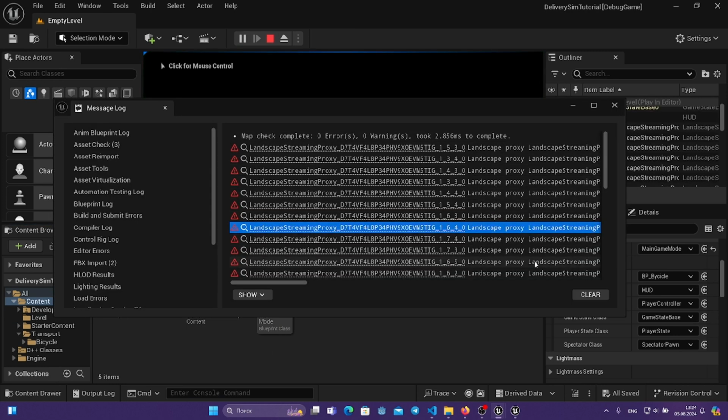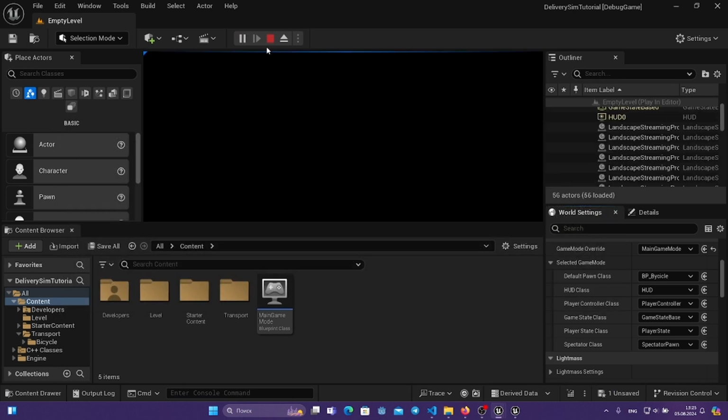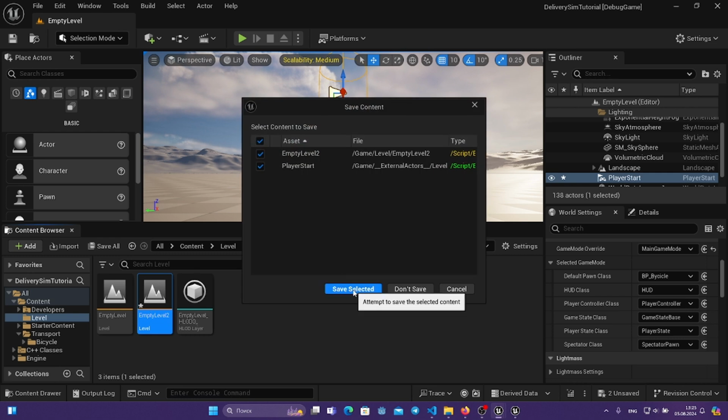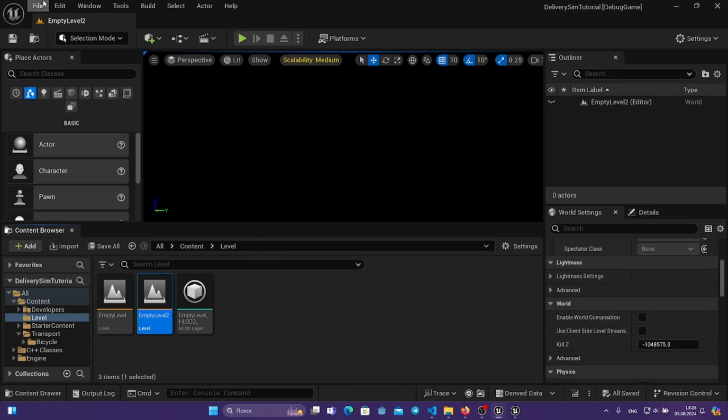Oh, wow. Okay, maybe let's create just another level. Then a level, empty level 2, and open it. And here let's start it. Yeah, that is good. So I don't know what was wrong with the previous,